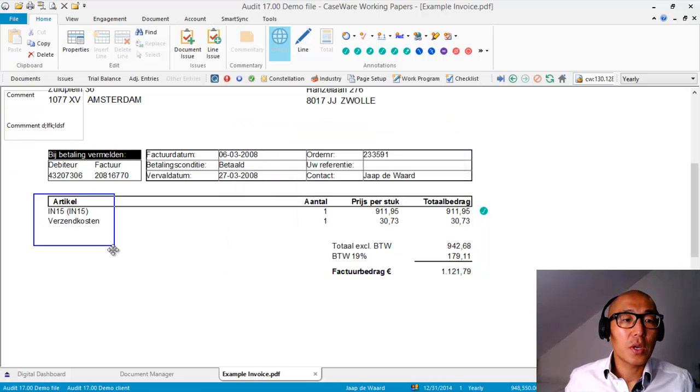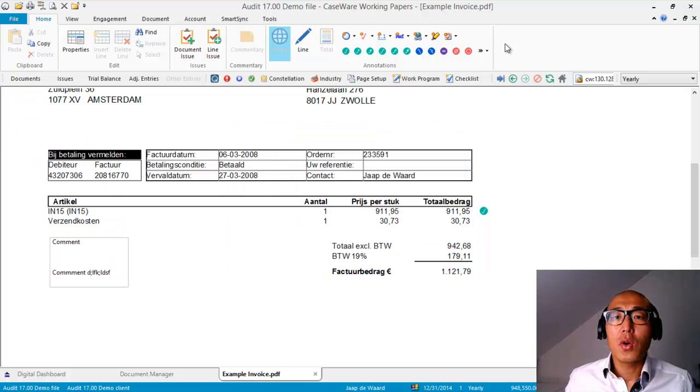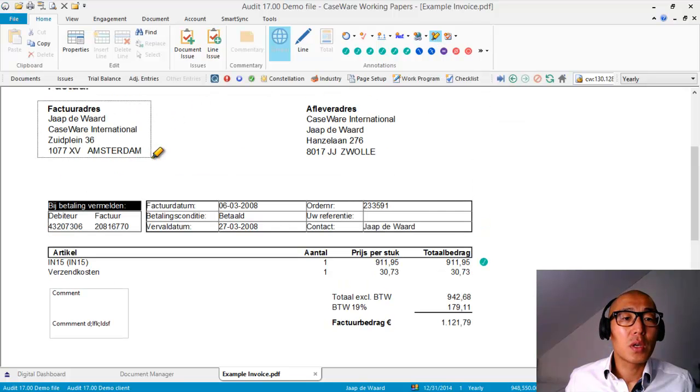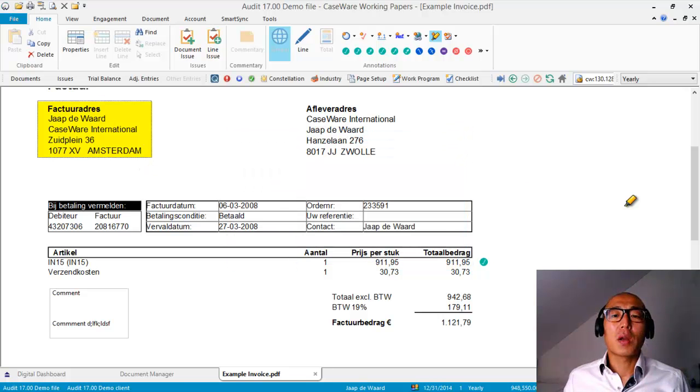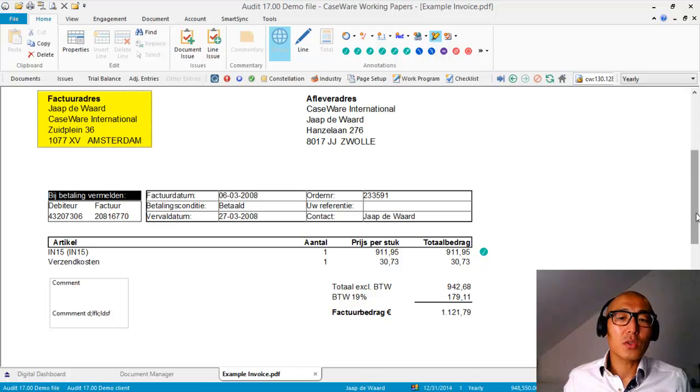That will create a text box. I can just drag and drop that around, or I can use this highlighter to say, okay, let me look at the address. That's Dutch for invoice address, and mark this here. So with this option to annotate on a PDF,